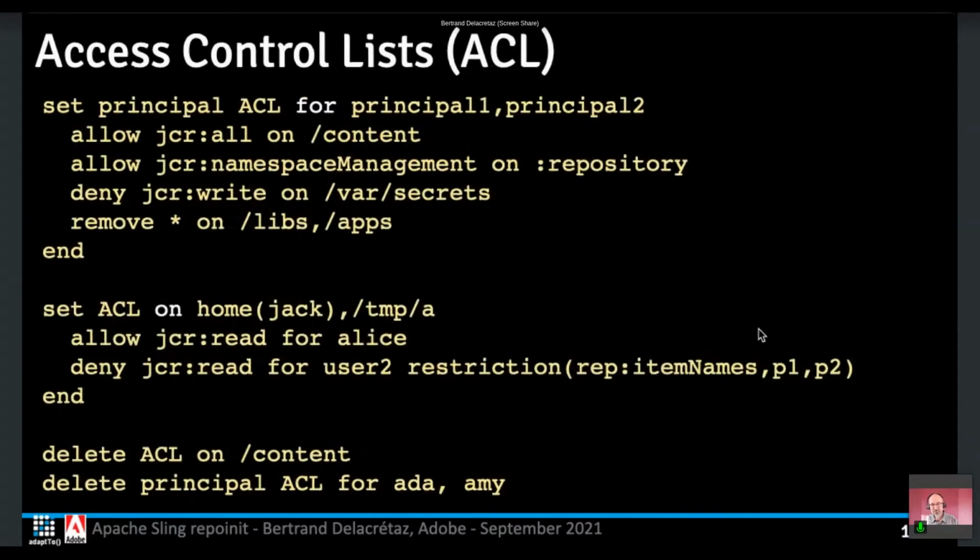Then moving to access control lists, you can either set access control lists for principals, the first example, set principal ACL for principal names, saying, okay, what can principal 1 and principal 2 do? So they can do anything on /content. They can do namespace management if that exists on a repository. It's a special way of setting a repository level